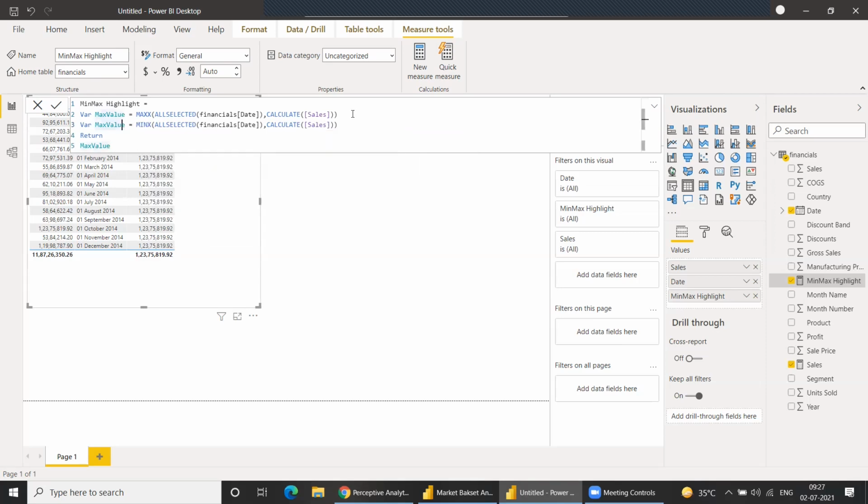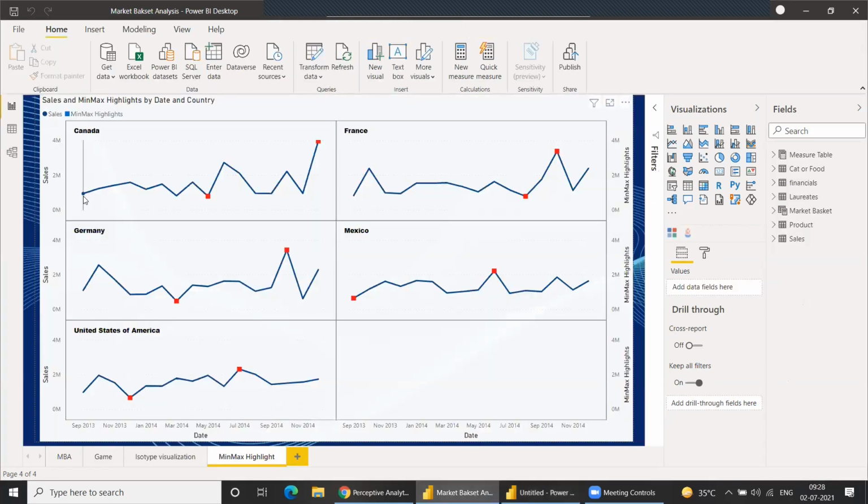Swap, can we say this ALLSELECTED function is somewhat similar to LOD, like at a different level where you would like to find the max or aggregate? Yeah, basically what ALLSELECTED does is, whenever you have anything on your visual, it gives you the filtration based on that visual. Let's say this is the complete table, but if I put a filter for a particular region, for this graph the data is filtered based on Canada.